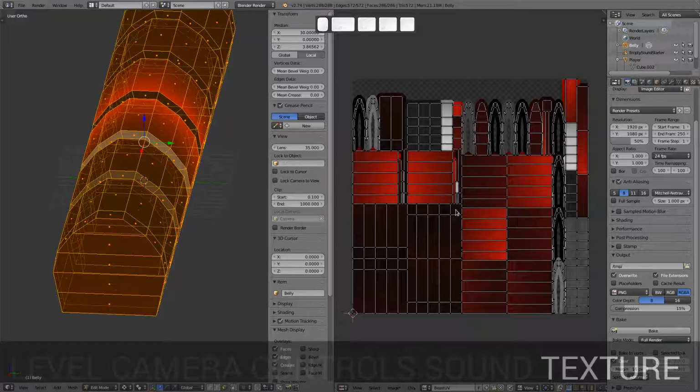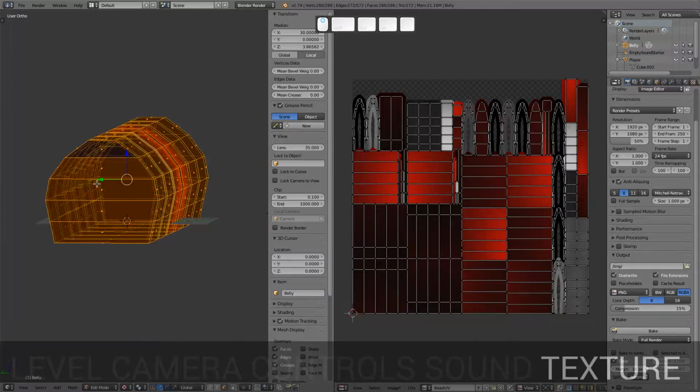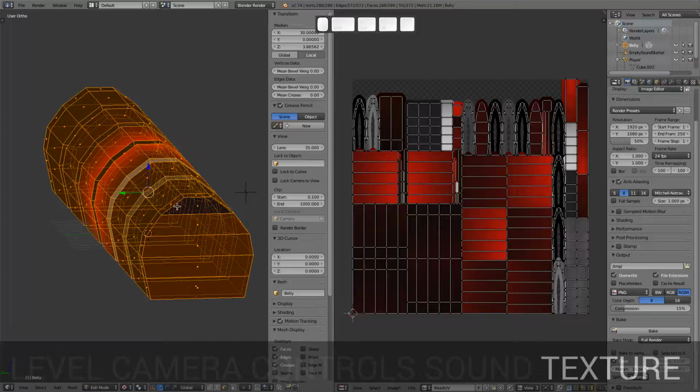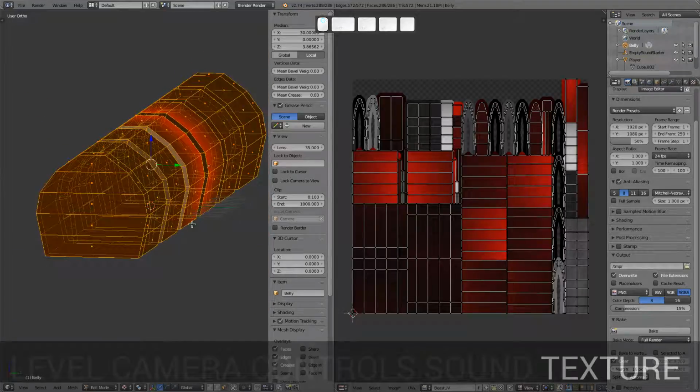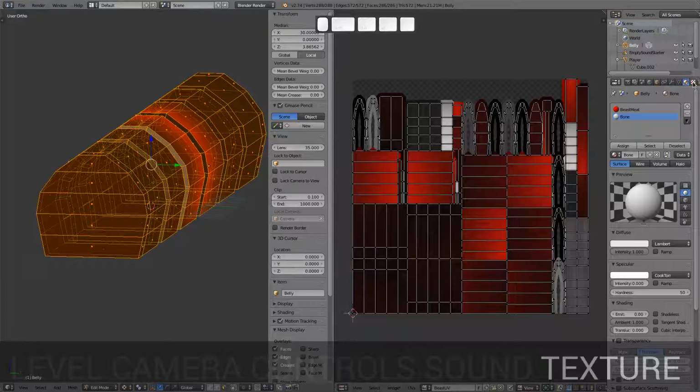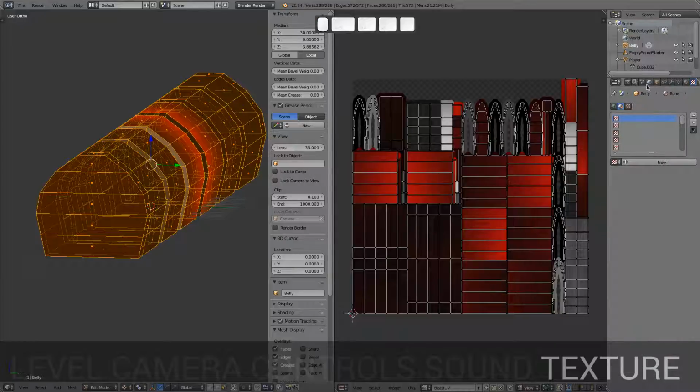All right. So now we will just assign this image as the texture. So let's first of all save,